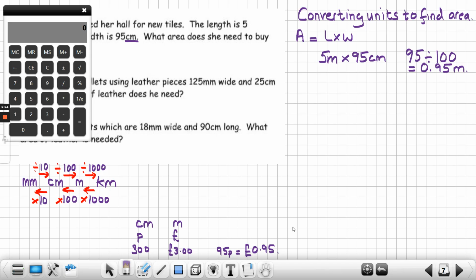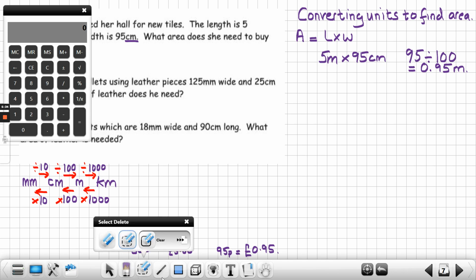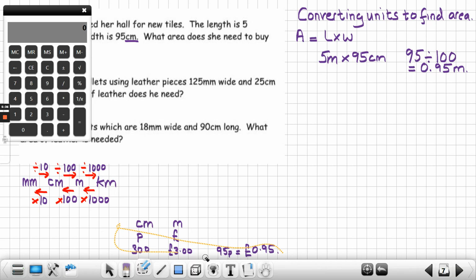So if you get confused, think of that relationship. The maths is exactly the same because there's 100 pence to a pound and there's 100 centimeters to a meter. The other way of looking at it is that 100 centimeters is 1 meter, so we've got just a bit less, so 0.95. Okay, I'm going to clear this off,